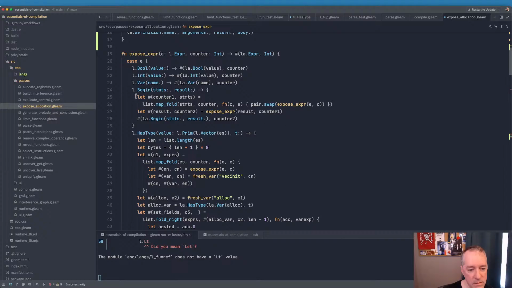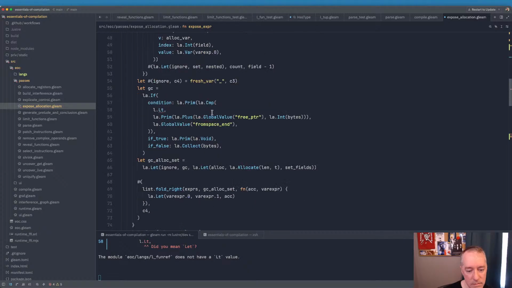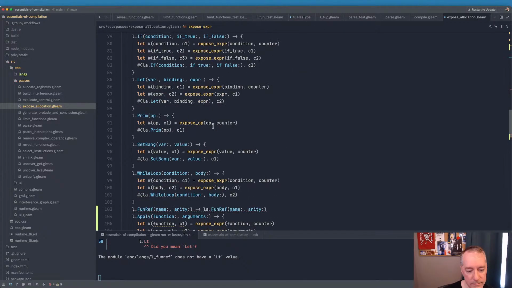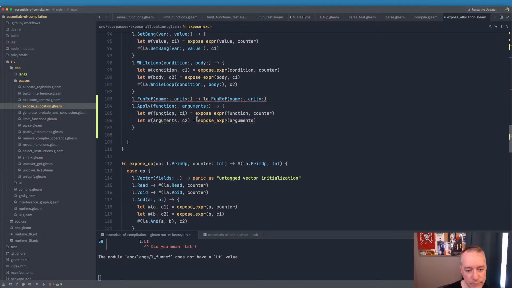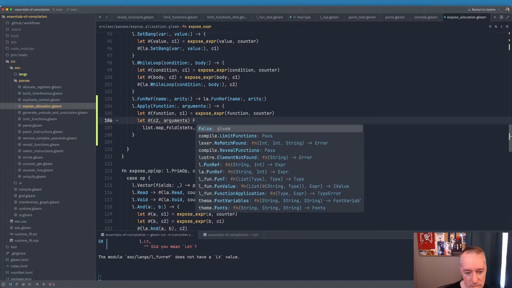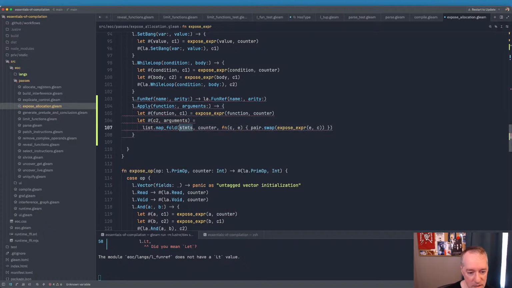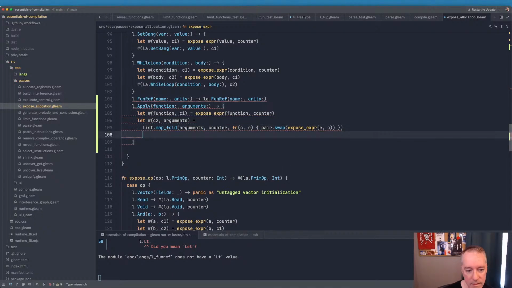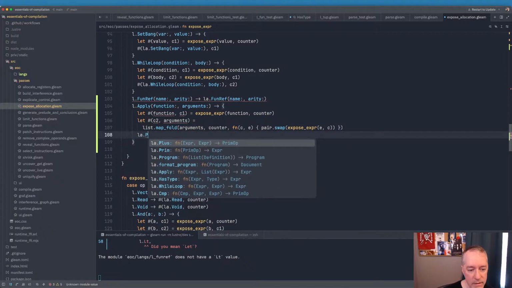Yeah, let's do map fold. Say C2 arguments, map fold arguments,